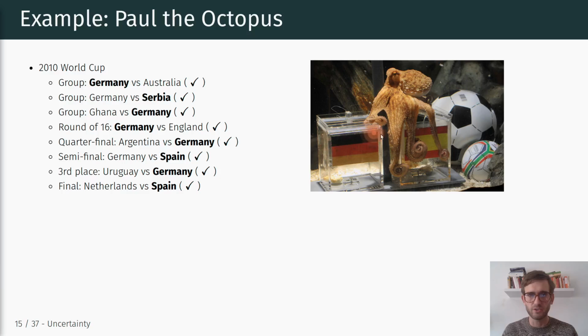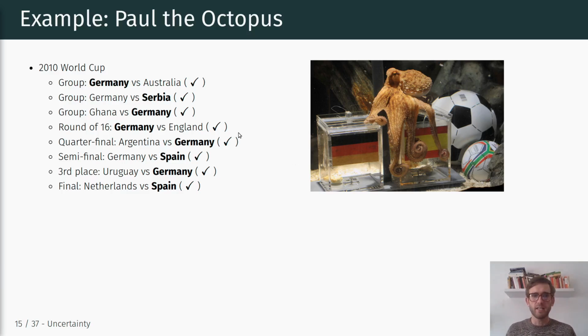Of course, you see here Germany and Spain in this specific prediction, and what Paul did was before every game that Germany was involved in, basically predict the winner based on these treat boxes in the aquarium,